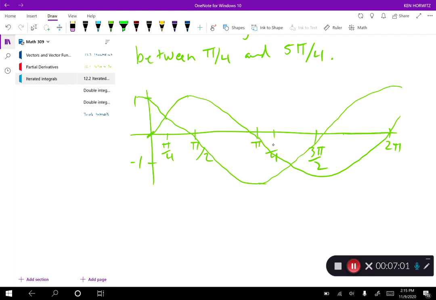All right, let's see. And these two graphs intersect at pi over 4 and 5 pi over 4. So, all right, it looks like pi over 4 and 5 pi over 4 certainly can be some starting